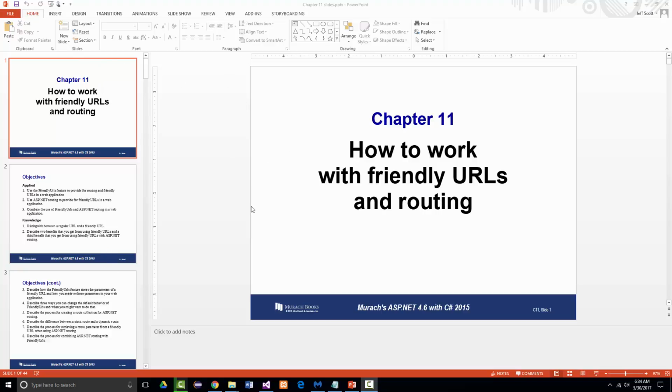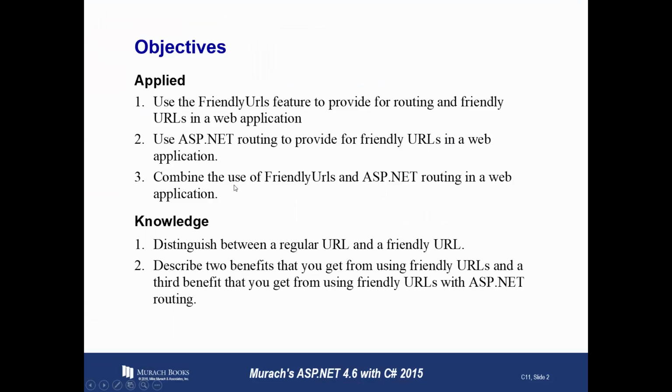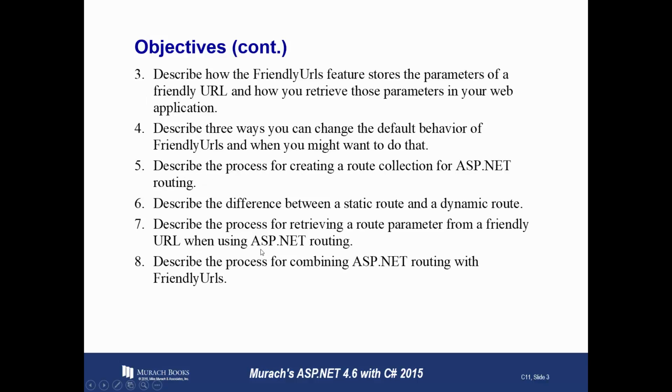This is one of those chapters where, believe me, I do not claim to at all be an expert in this. We want to use friendly URLs to provide for routing in a web application, use ASP.NET routing to provide for friendly URLs in a web app, combine the use of friendly URLs and ASP.NET routing in a web app, distinguish between a regular URL and a friendly URL, describe two benefits that you get from using friendly URLs, describe how friendly URLs store the parameters of a friendly URL and how you retrieve said parameters in a web app,